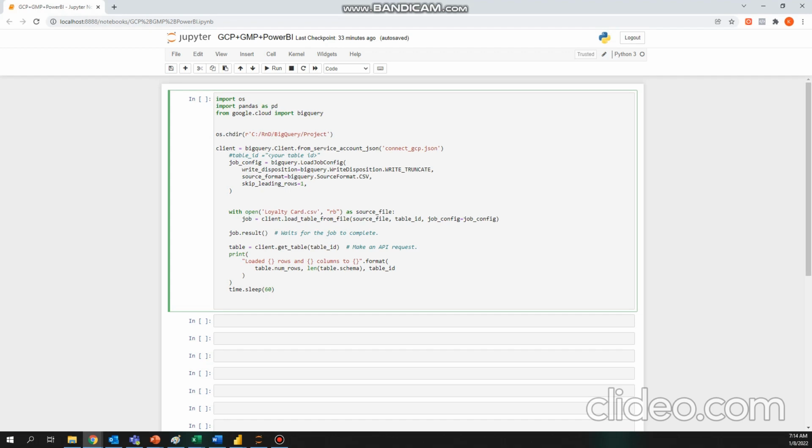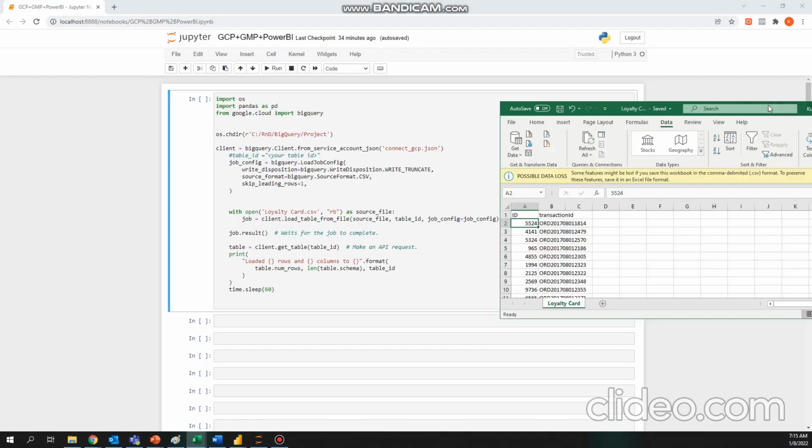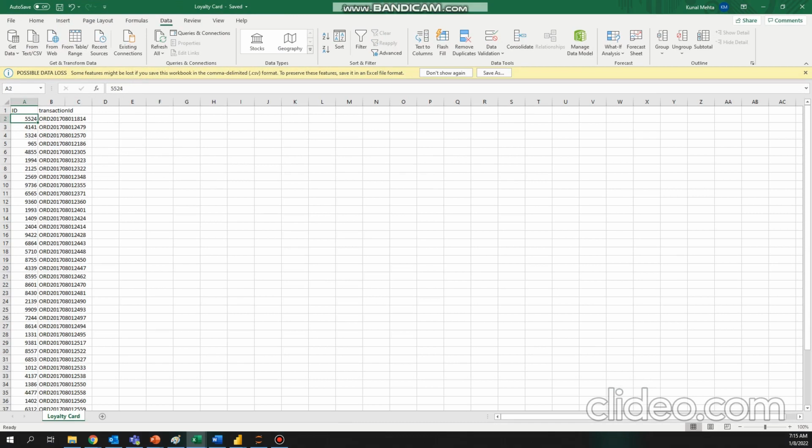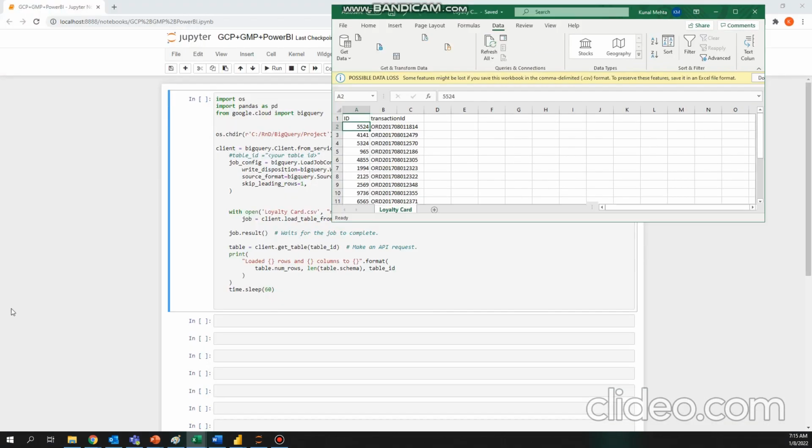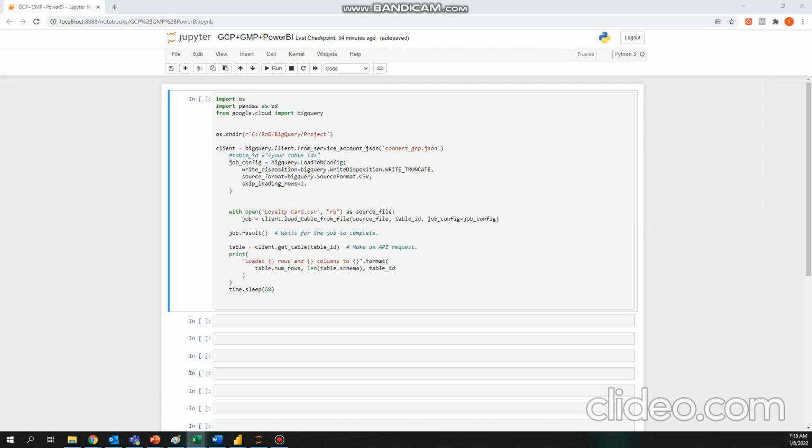You have to put your table ID. I've already set it up over here, and then you'll have to create the job configuration. The kind of job configuration I have right now is that it's going to override the table every time I run the file. The idea is to take my loyalty card and order number mapping, the transaction ID mapping, take this file and put it in the